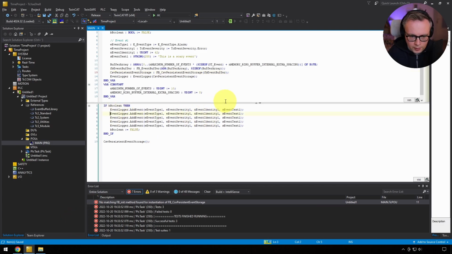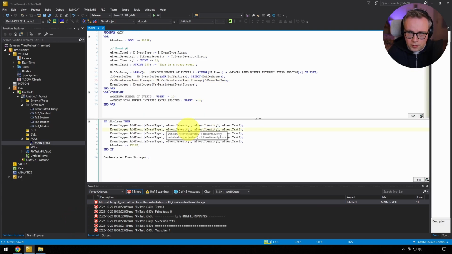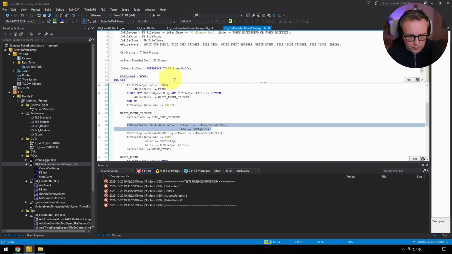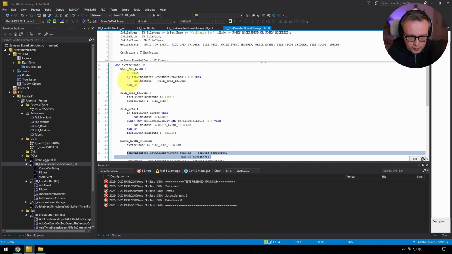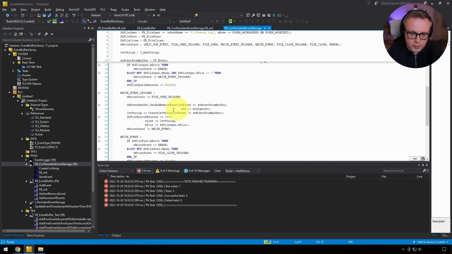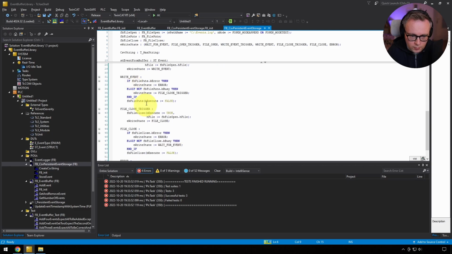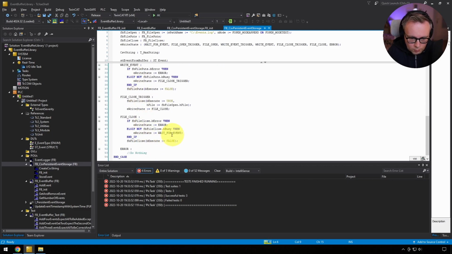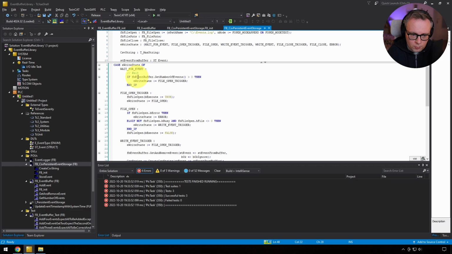And now if I add 5 events, all 5 should be stored, because it's going to go through each and every one of them. The CSV persistent event storage is going to read the first. It's going to check, is there any event in the buffer? Then it's going to open the file. It's going to do all the stuff it did before, write the event, close the file, and then go back to wait for event. And then when it's back to wait for event, it's going to see, but wait, there's more events. And then it's going to repeat this until all events are cleared from the buffer and written to disk.